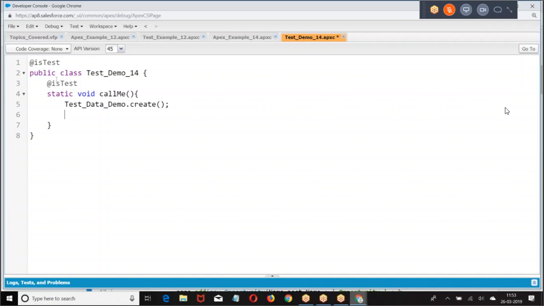When I call that method, data will be created. Then I create a string cron. At some day I'm scheduling it. Then how do you test it? Apex example.